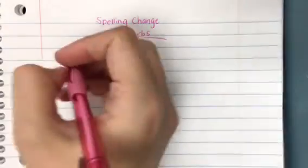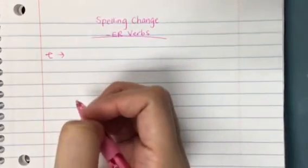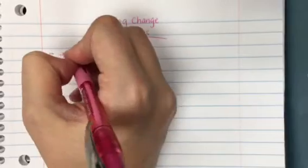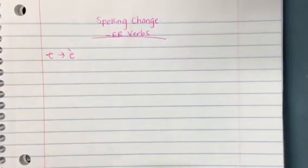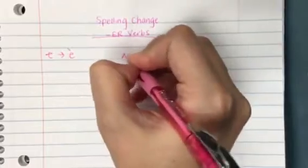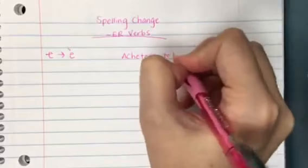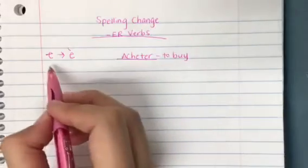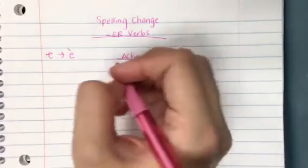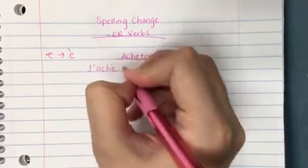So the very first one we have is the change from e to è, with an accent grave, okay? So an example of this would be acheter. Acheter means to buy. And in order to conjugate this using our e to è rule, we're going to do j'achète,